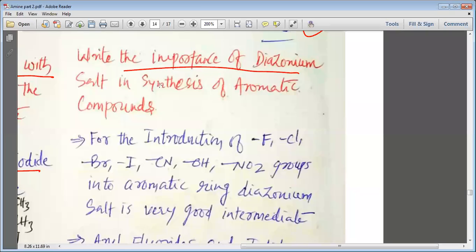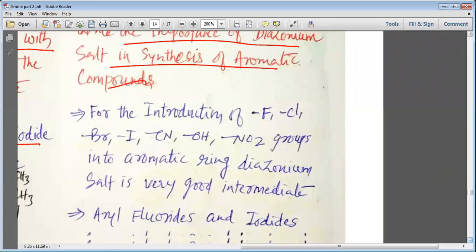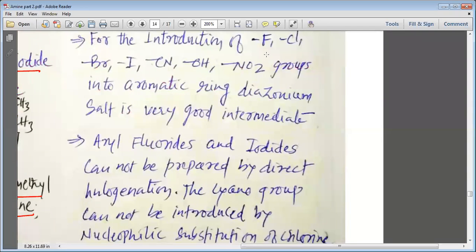Write the importance of diazonium salt in synthetic organic compounds. For the introduction of fluorine, chlorine, bromine, iodine, cyano,